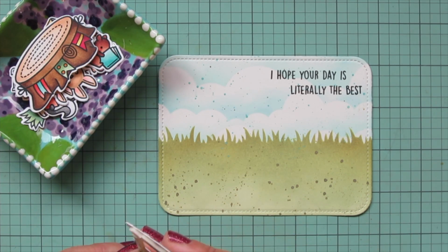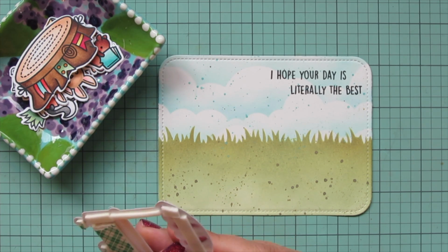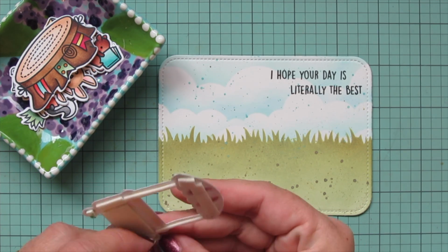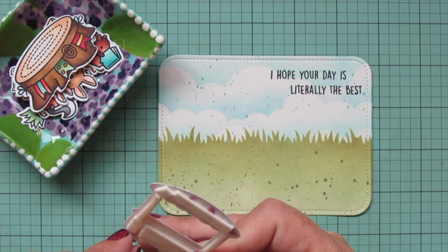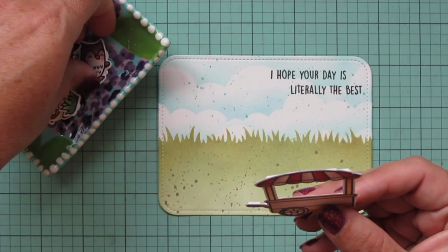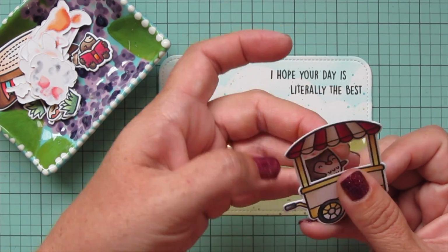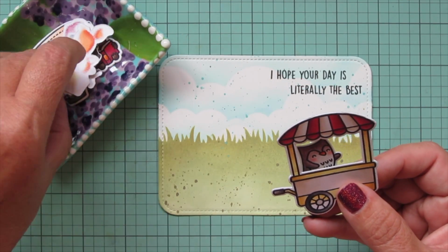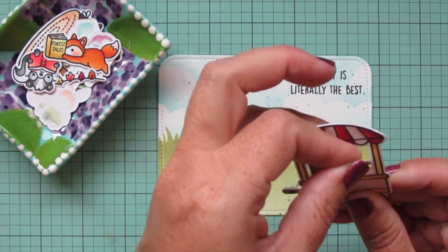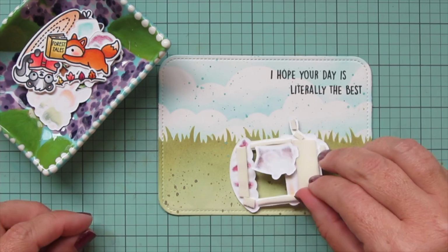So I'm doing something a little bit unusual today. So normally I would choose some pattern paper and start assembling my card and then do my images. That's usually the way that I prefer to do it. I like to see the whole card coming together at once. But for today, I could not decide which color pattern paper I wanted to go with because there were so many different options within the color palette that I had used. So I'm actually going to assemble everything on just the focal panel first, and then I'm going to choose my